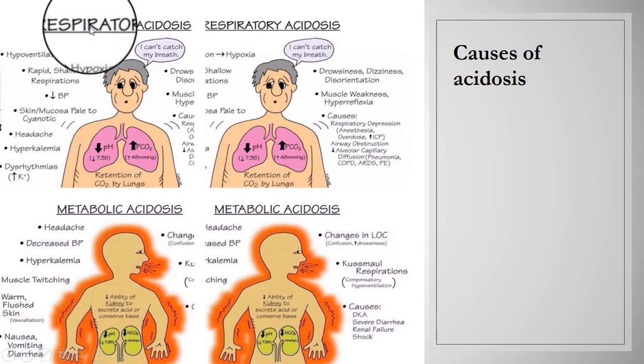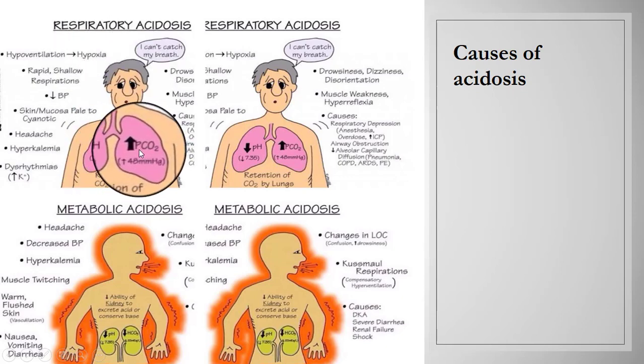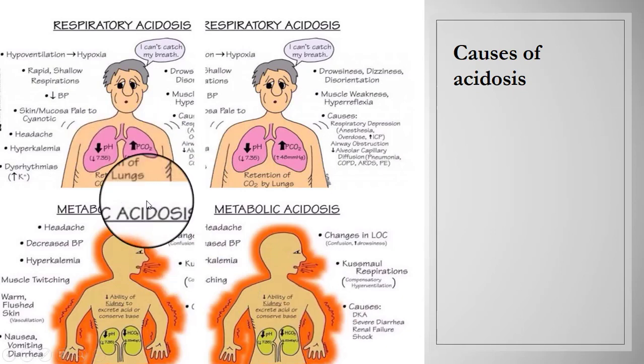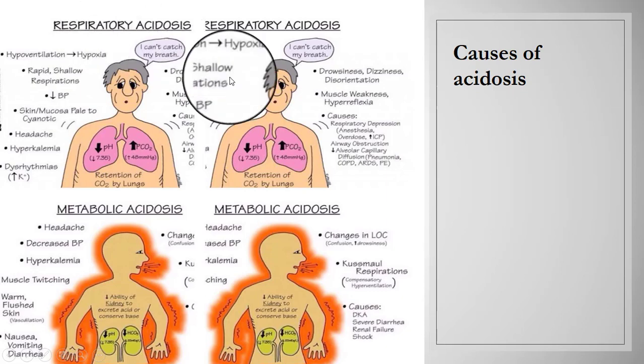Normally the lungs remove carbon dioxide while you breathe. However, sometimes your body cannot get rid of enough carbon dioxide, and this may happen due to: first, chronic airway conditions like asthma. Second, injury to the chest. Thirdly, obesity, which can make breathing difficult. Next is sedative misuse. Next is overuse of alcohol. Next is muscle weakness in the chest. Next is problems with the nervous system. And the last one is deformed chest structure. So this was all about respiratory acidosis.